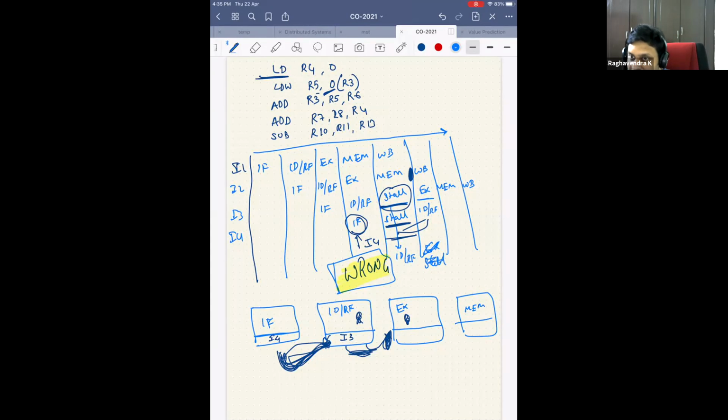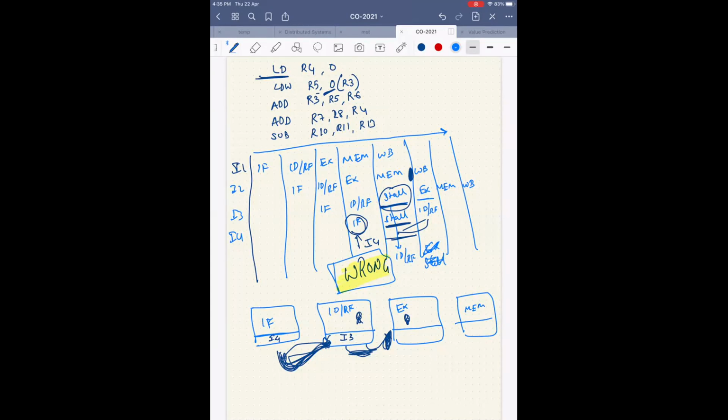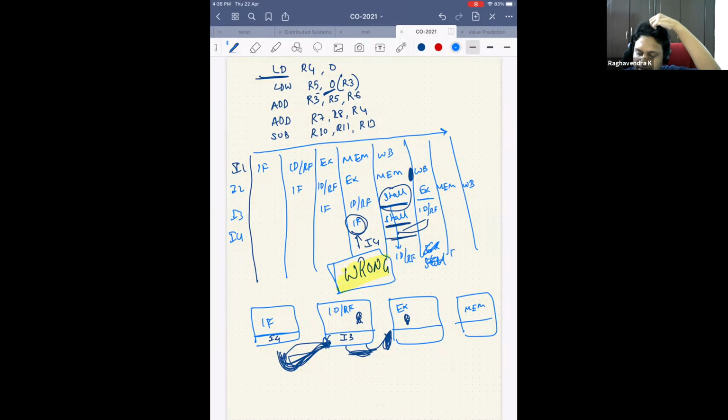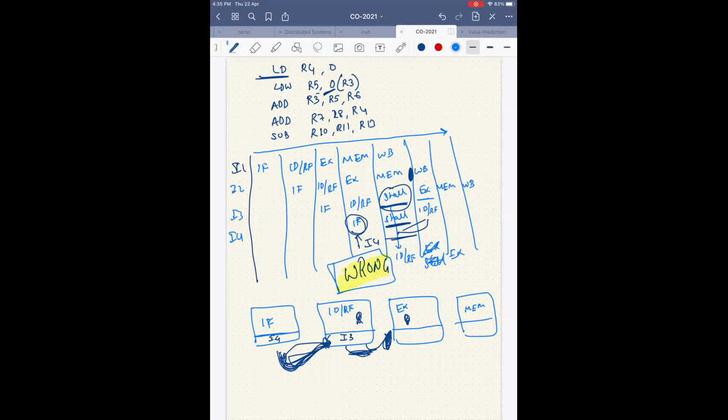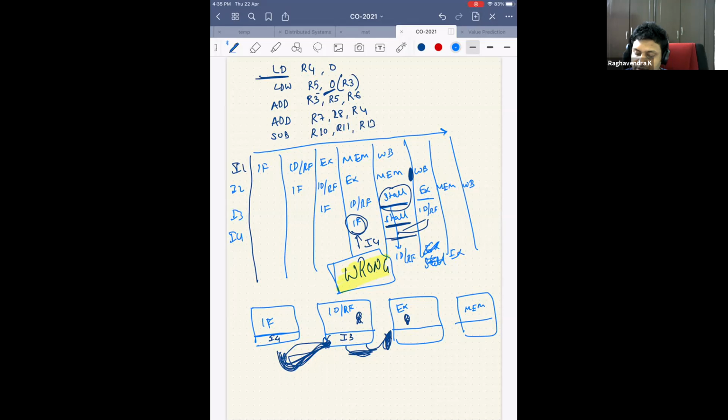It will not crash. What I'm trying to tell you is, whatever business you do, the system will not crash. So then the execute will occur in the next cycle. But in that stage, execute cannot fetch the value R4. Why will it not be able to fetch the value of R4? Oh, okay, what you are saying is, then it will fetch it from the register file itself.